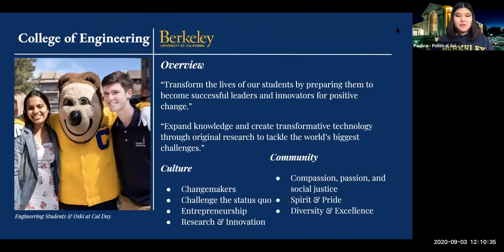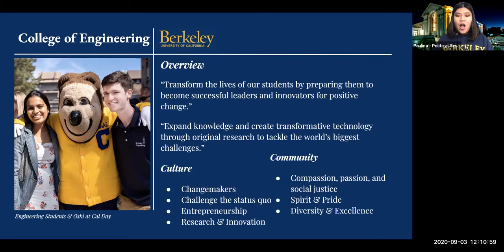So just a general overview of the College of Engineering and kind of what its culture is like. The mission statement is transforming the lives of students by preparing them to become successful leaders and innovators for positive change, and expand knowledge and create transformative technology through original research to tackle the world's biggest challenges. And I think that really sums up what the College of